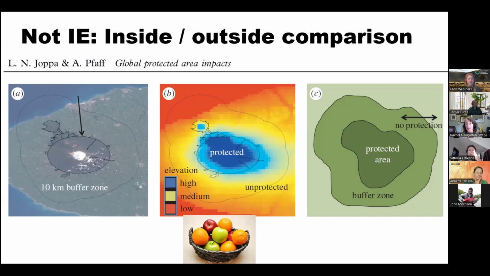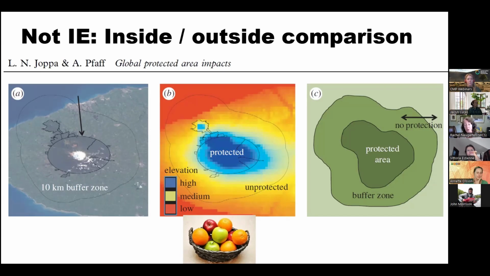And this is a big challenge for me. When I was reading these papers, a lot of them say we compared results in our protected area, let's say a marine protected area, to areas outside of a marine protected area. So you may have a lot of other things that differ, right? The protected area may have been put around a coral reef or a system that's just really quite different than areas outside. So yeah, this actually is a bit of a challenge for those of us trying to read this literature.